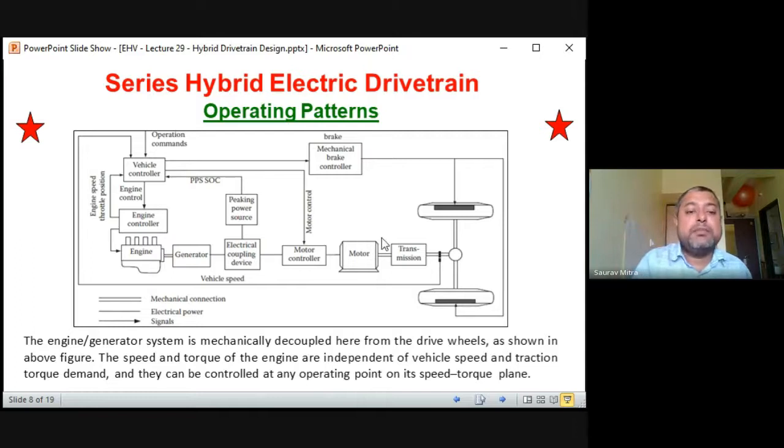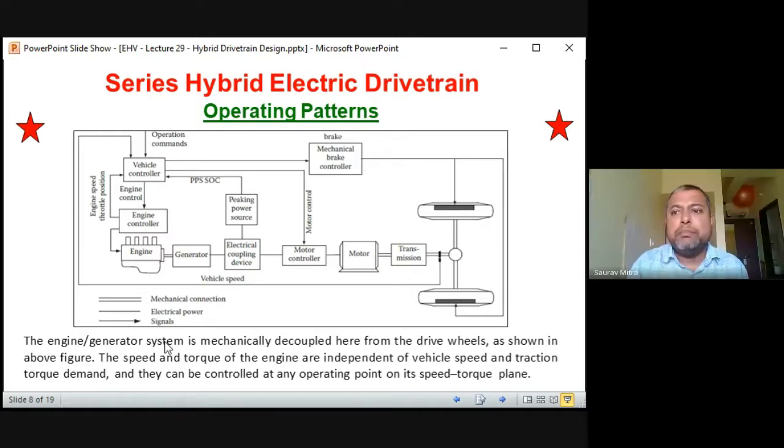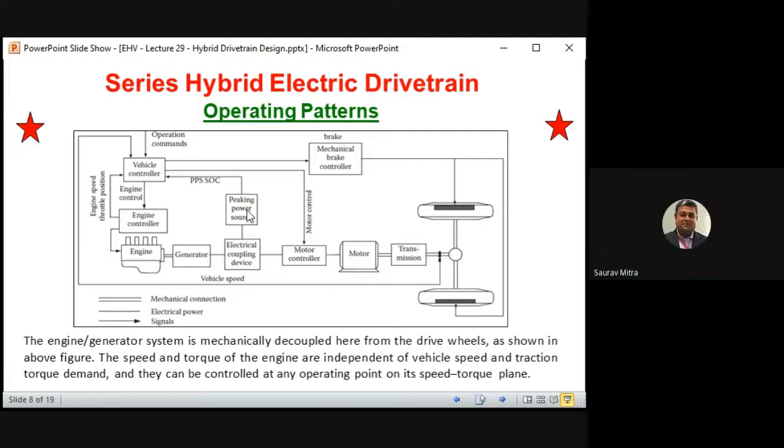This extra power is coming from the peak power source. So not always, in case of HEV, is engine power directly proportional to vehicle power. No. The engine might be running with a base speed, auxiliary requirement, whatever; for the peak requirement, we have seen there was a word called bump, or bumper power. Bumper power means something above the addition. So that bumper power is supplied by the peaking power.